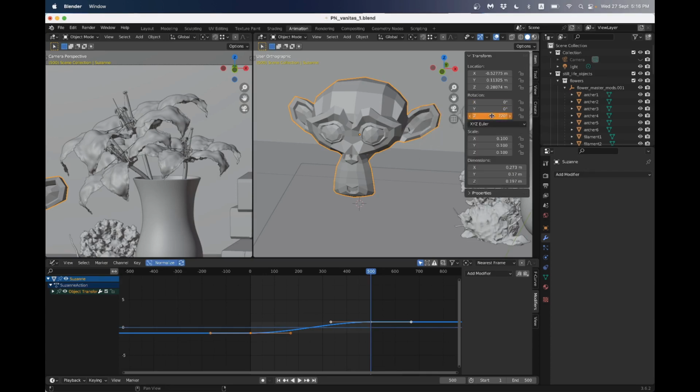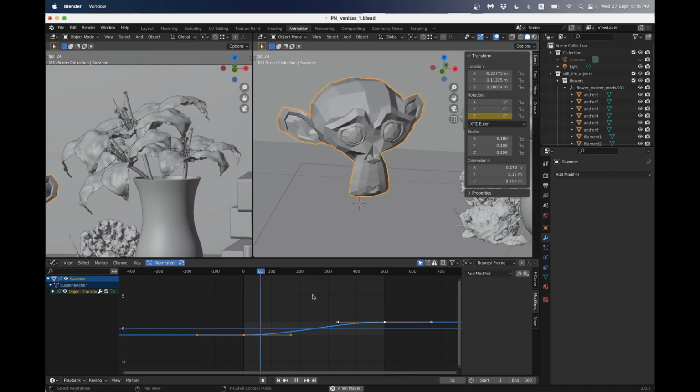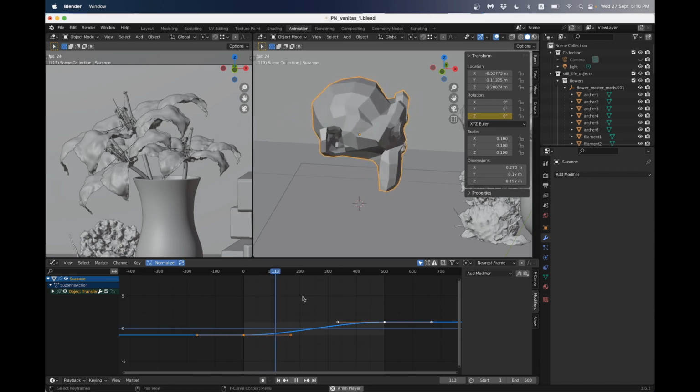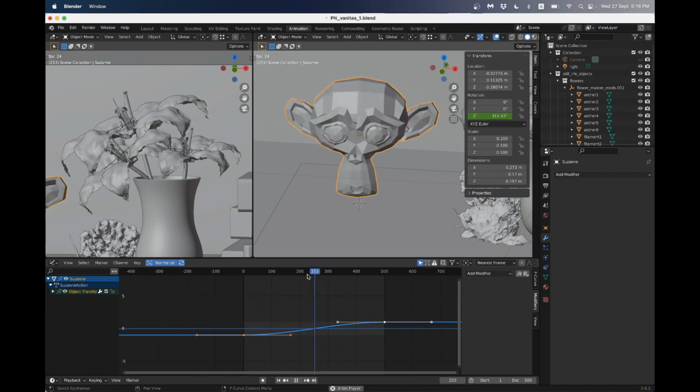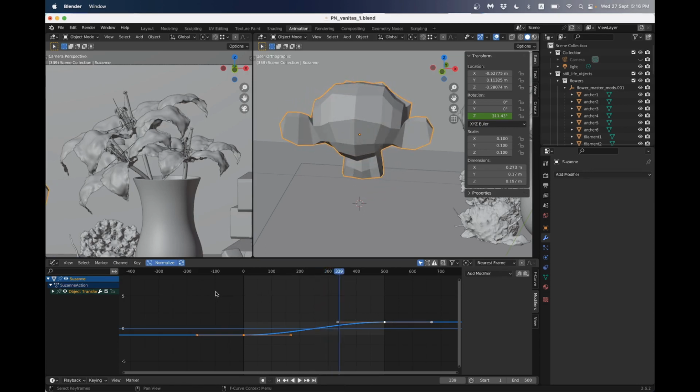Oh, just replace the single keyframe. And now, if I play this animation, we'll see that the monkey starts rotating slowly, and then towards the middle, it'll be rotating faster, and then it's going to slow down again. And if we look at these